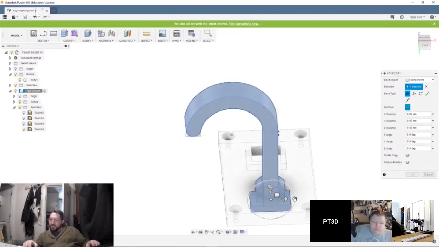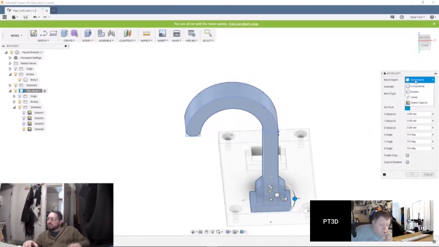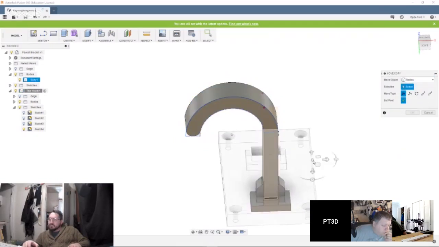No, just rotate it. Let's see. Oops. Why is it not rotating? Change it to move body, not the components. Yep, that's what you want. You want to select the arm.